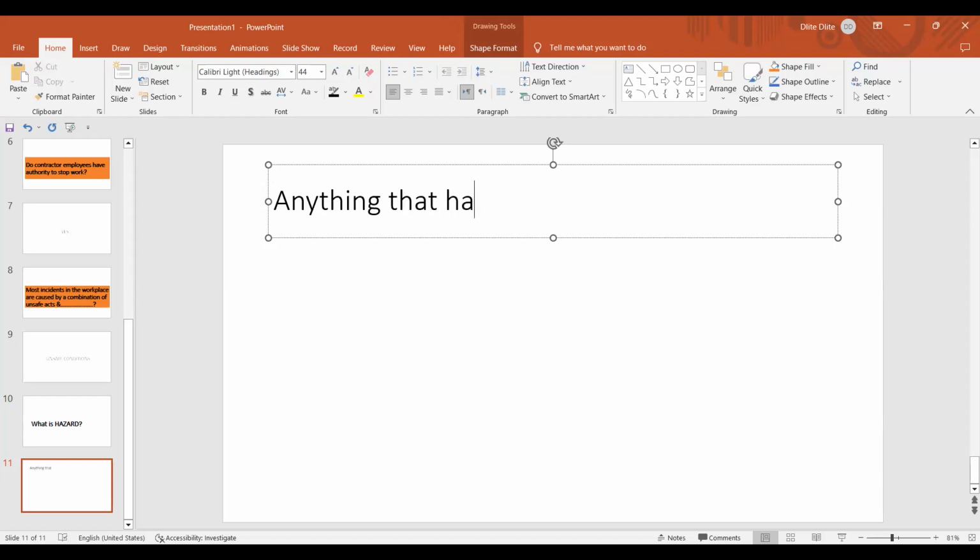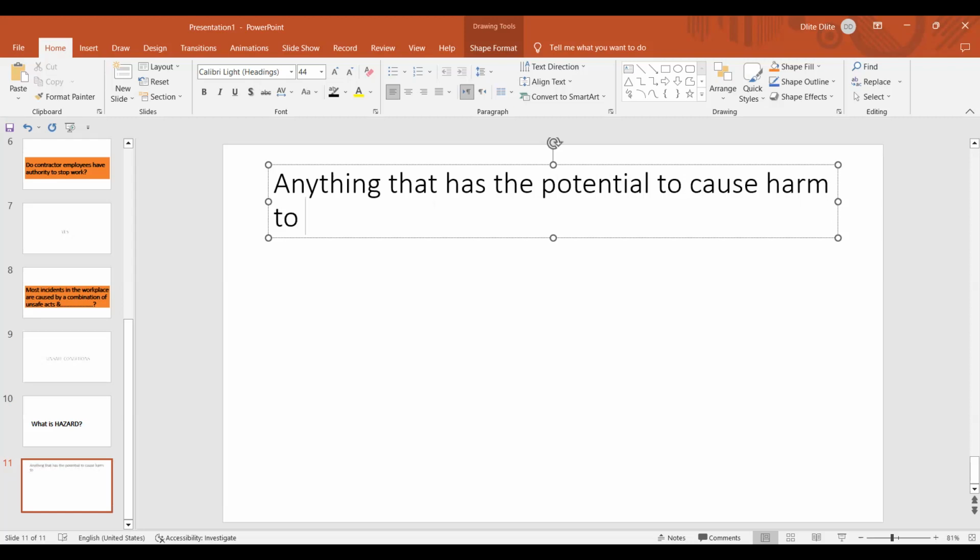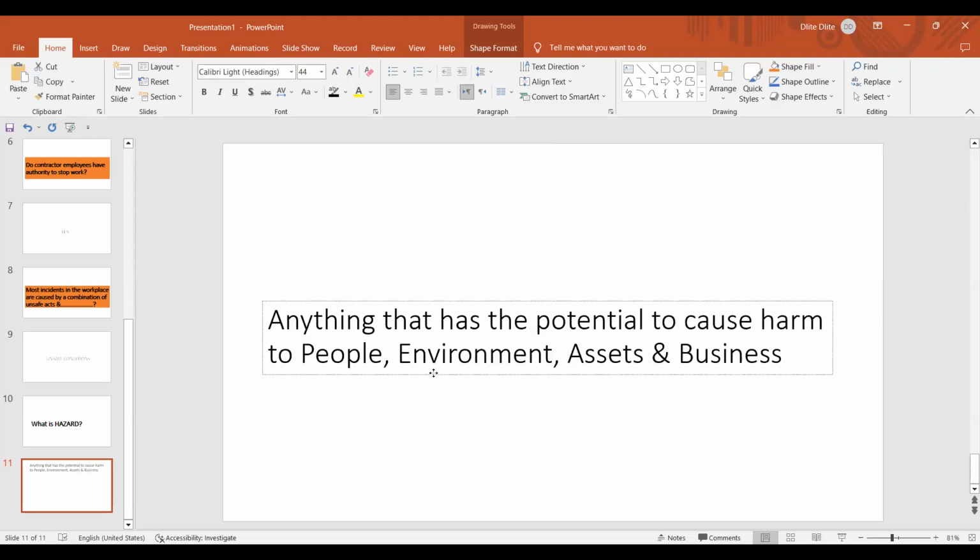that has the potential to cause harm to what? People. Then I mentioned what? Environment and assets and what? Business, right? So that means sometimes a terrible hazard can destroy any of the important elements like people,